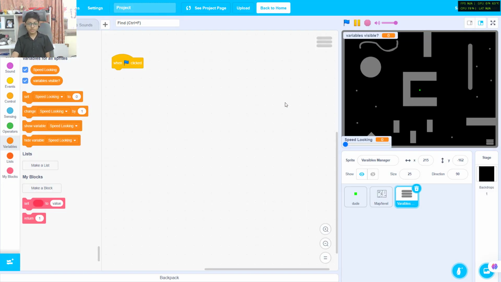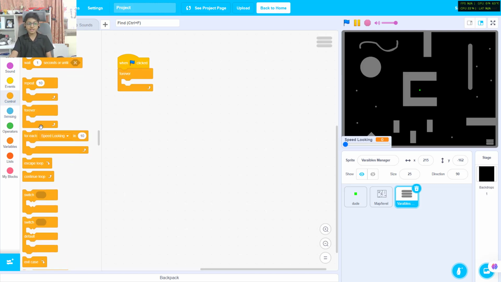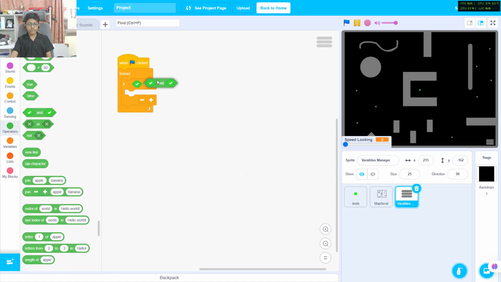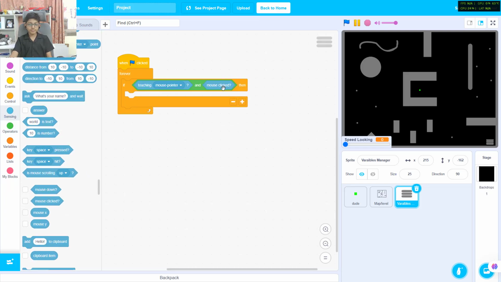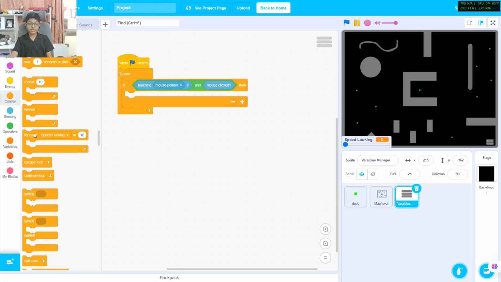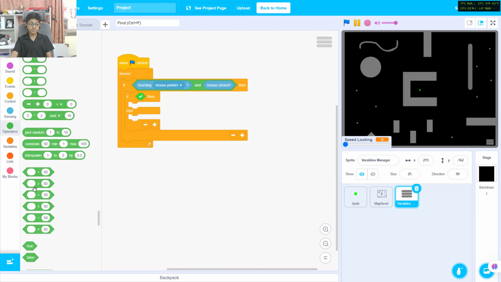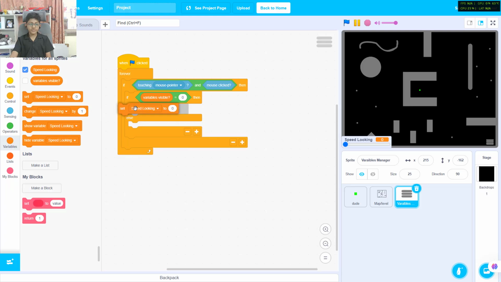And so now first let's get a when this sprite clicked, not a when green flag clicked is fine. When green flag clicked, forever, if then, and touching mouse pointer and mouse clicked. Let's get another if then else. If then equals to 0, variables visible, set variables visible